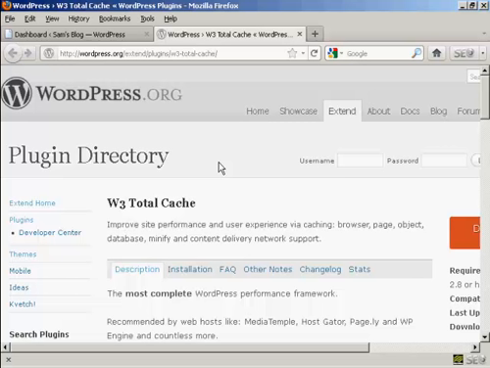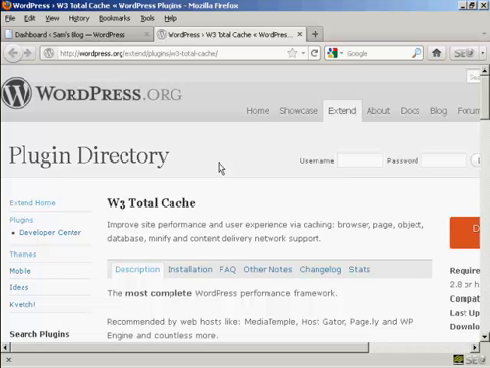First and foremost, you must make sure that any other caching plugins that you have on your blog have been deactivated and deleted. Otherwise, you're going to run into compatibility problems when you actually try to enable this particular plugin. So you want to make sure that all traces of any other caching plugins have been completely removed from your server. The second thing is you must make sure that the permissions on your .htaccess file are set to 755. You can also set them to 777, but I don't recommend it,